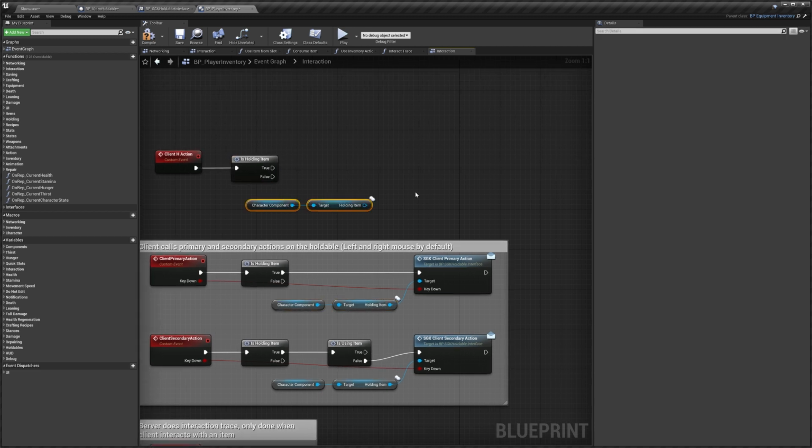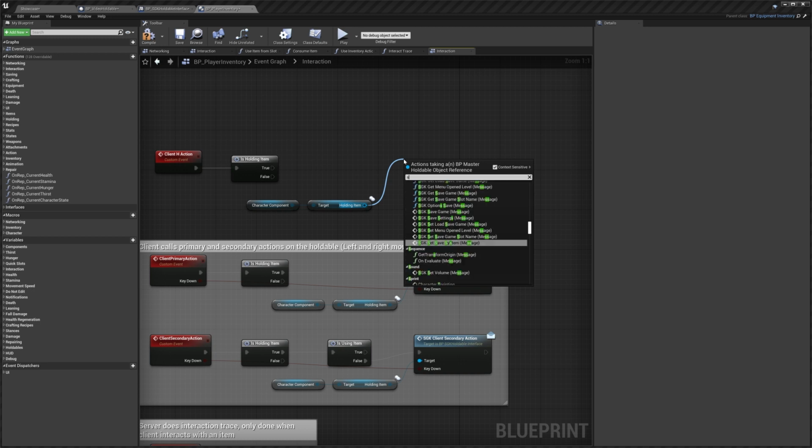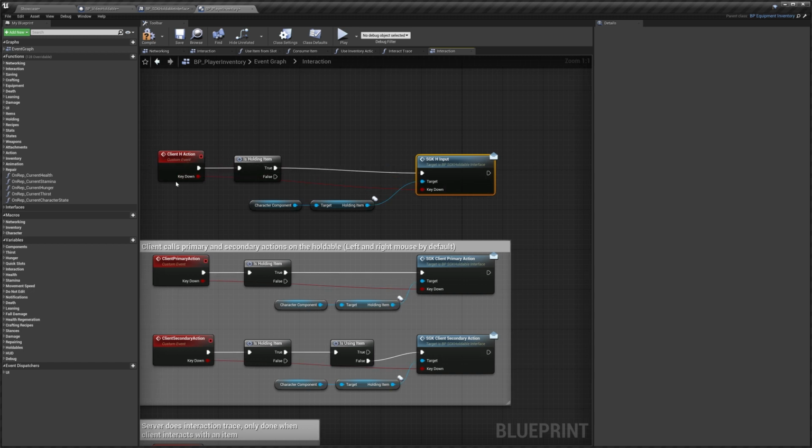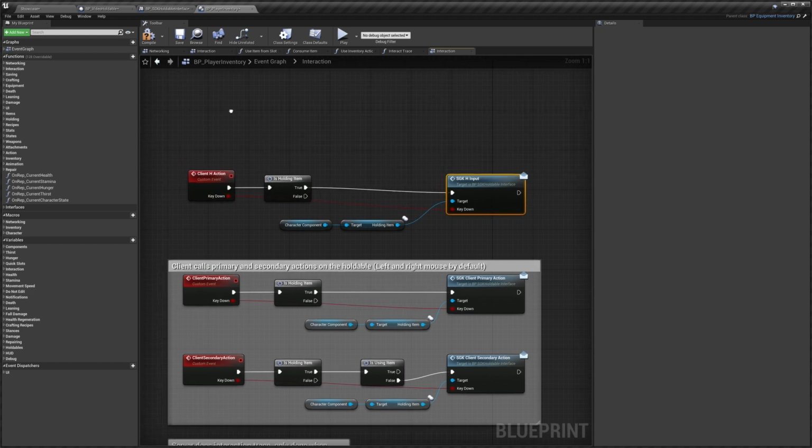Then we'll copy these two nodes as well just to get our holdable item, and then we'll call the SGK H input, and we'll call it as a message like that, and then we'll just take key down and we'll drag it and connect it to our event just anywhere, and it will actually just create the input for us. Then we can compile,